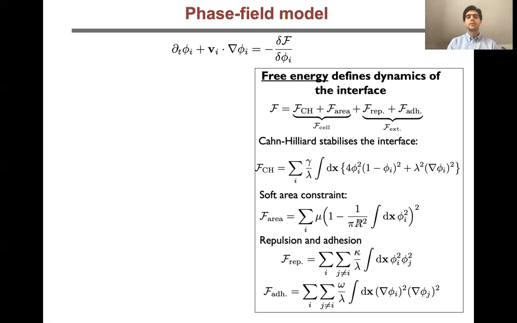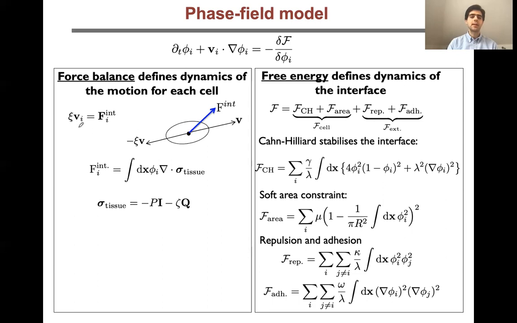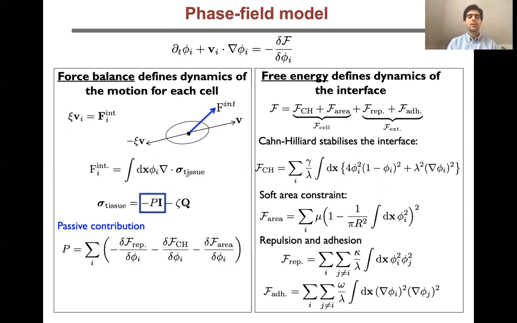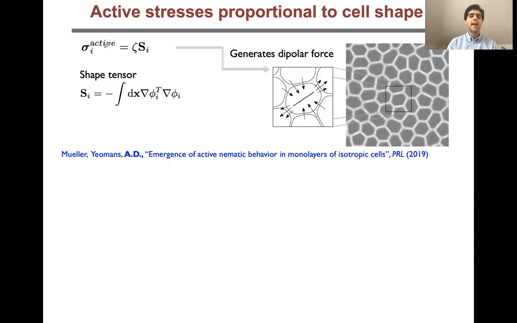But in addition to this free energy dynamics, we also have the active dynamics that is set by this velocity field. And the velocity field essentially is determined from the force balance. So all we need to describe is the forces that are acting on the cells. And to describe the forces, we can use the stress description for the tissue. The simplest possible stress description that we would consider is an active stress that is proportional to the shape